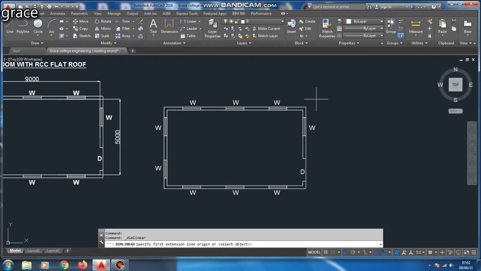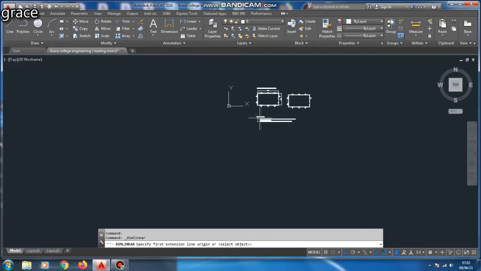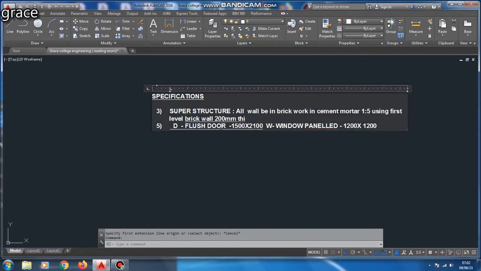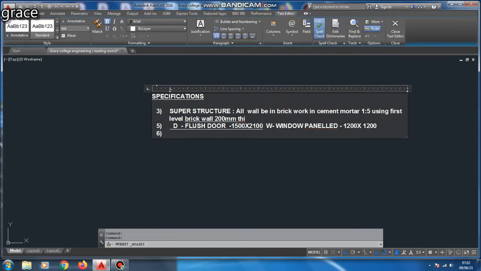Next we are going to mention the sunshade in our given reading room. The dimension of the sunshade is 600 mm. I am going to edit the dimension style for the entire diagram, just adding or deleting some points in our same dimension style. It will save your time.